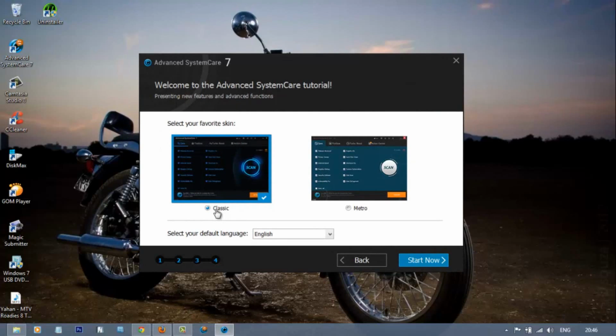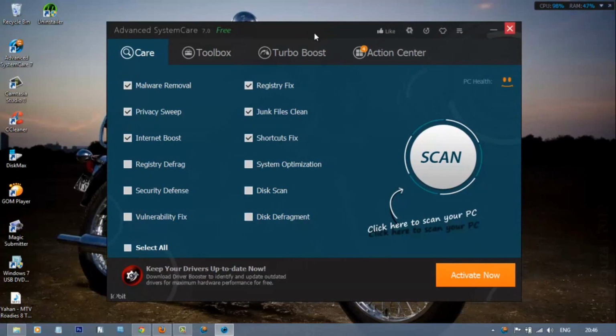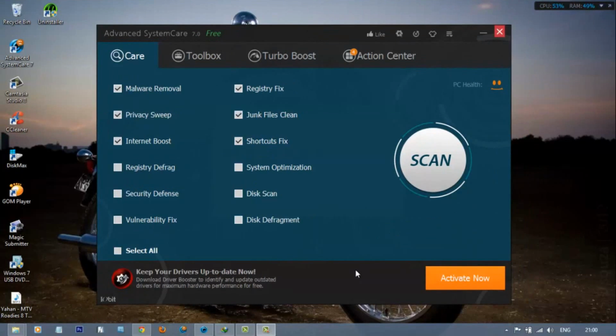This is the classic one, which you are aware of if you have been using Advanced System Care since version 5 or 6. For the test purpose we'll go with Metro, which is a new skin. So here we are. This is how the Metro interface of the new Advanced System Care version 7 looks.